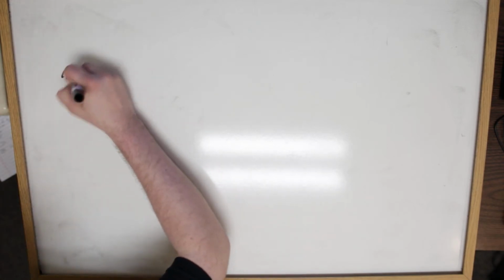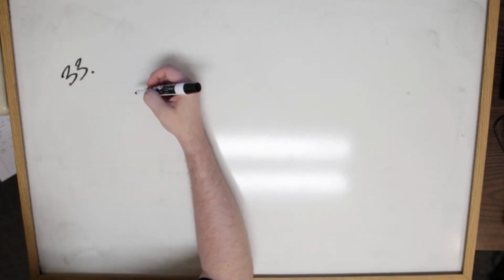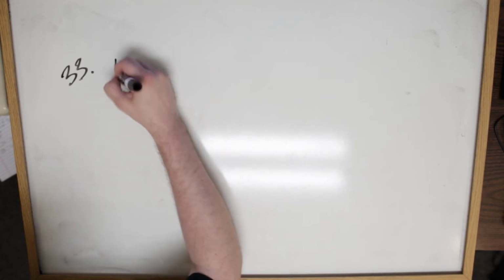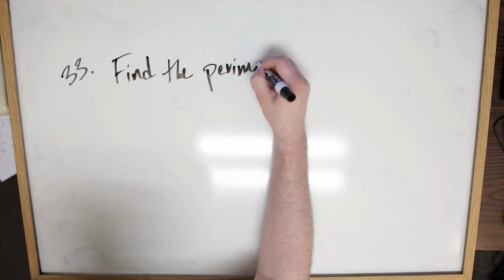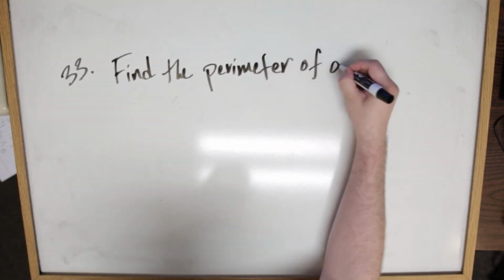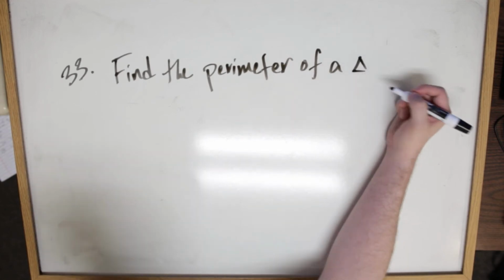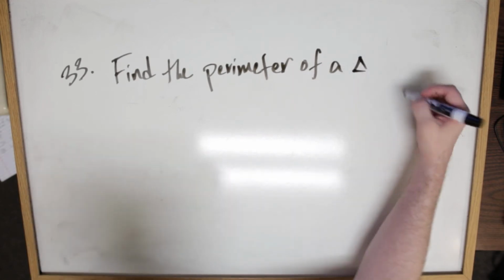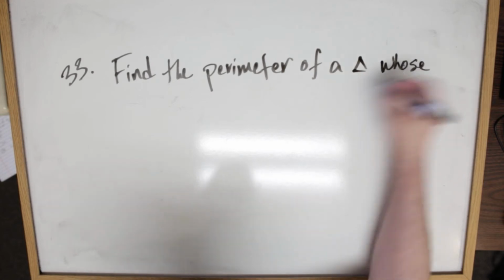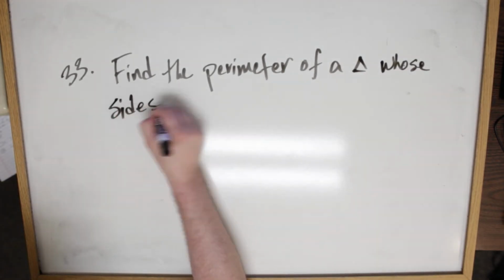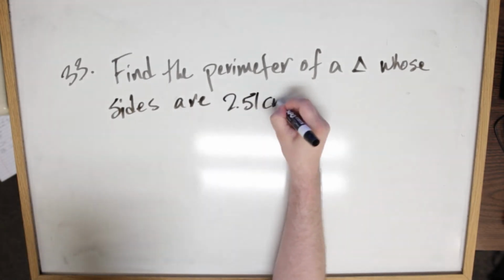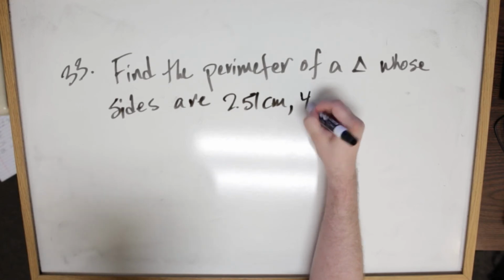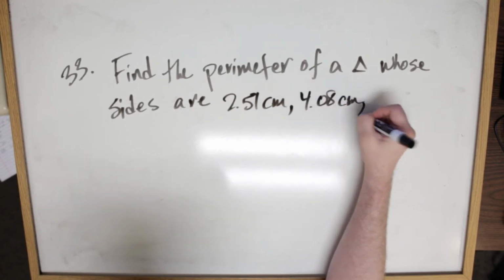Okay, let's find the perimeter of a triangle. So let me write this out. Find the perimeter of a triangle. I'm going to draw a little triangle right there because I don't want to write the whole thing out, whose sides are 2.51 centimeters, 4.08 centimeters, and